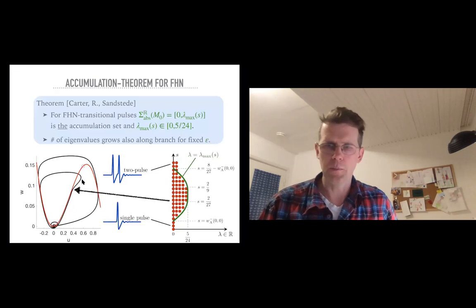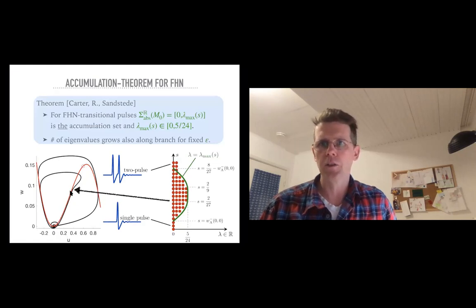But this being said, it's not so relevant. I hope the key message came across that whenever the trajectory spends a significant amount of spatial time near this center part, then this is going to generate eigenvalues because of this eigenvalue structure and because of this link with the absolute spectrum. In order to make all of this rigorous for FitzHugh-Nagumo, there's actually quite a few details to be done. So it's rather technical and extensive.